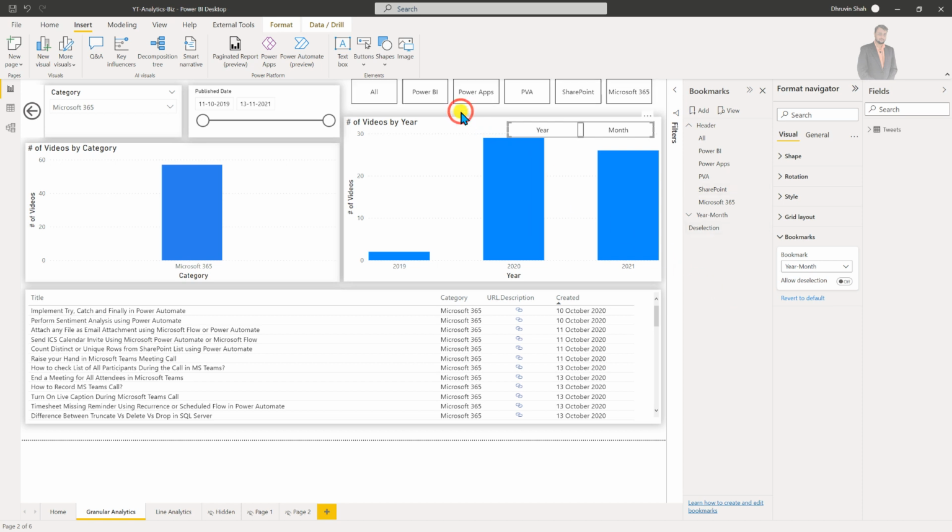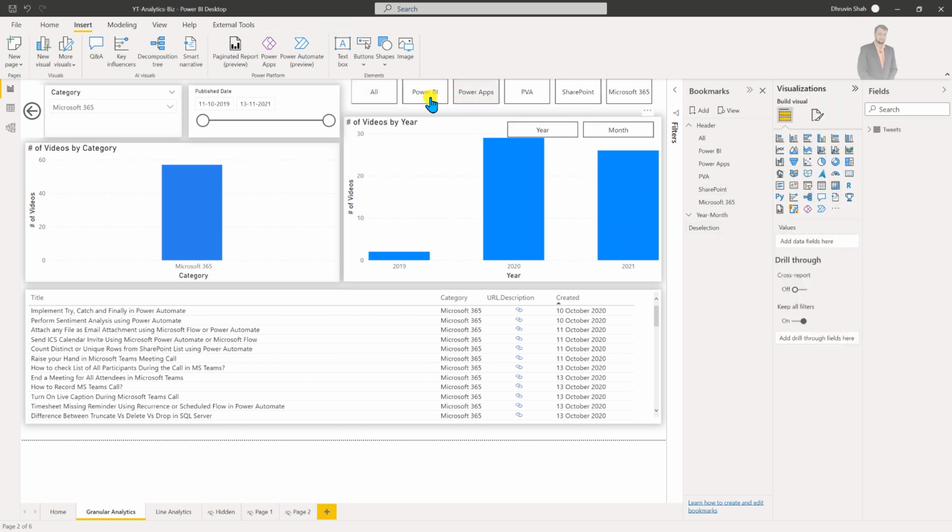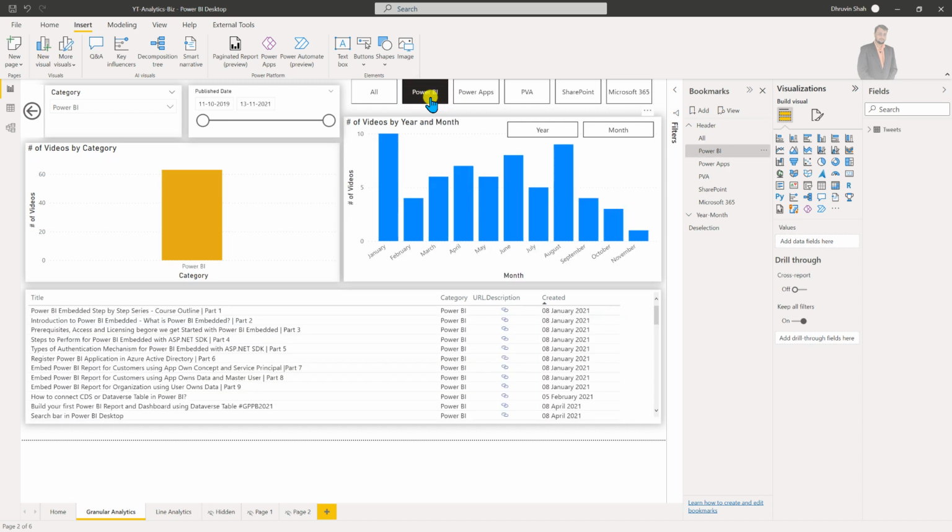So let's say, for example, if you wanted to move through this particular thing into desktop mode, basically you need to press Ctrl and click. So let's say I selected Power BI from here, so it is changing my view according to that, and the highlighted color is looking like this. Now let's say I just wanted to deselect this, and during deselection it should show me some other page that says you should at least select one or something like that.